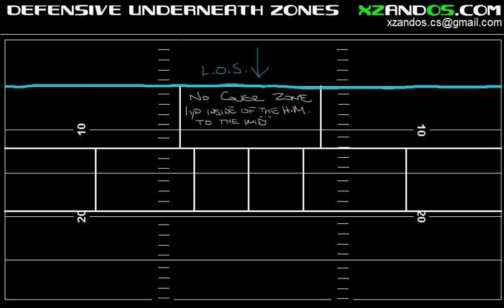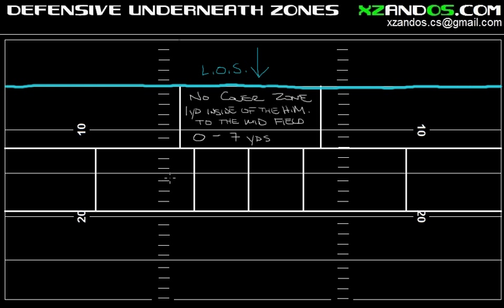I'm just going to put mid, to the middle of the football field. The no cover zone begins at 0 yards, which is the line of scrimmage, and goes to a vertical depth of 7 yards. So this area here is the no cover zone, and it is exactly what the name suggests, which is we don't